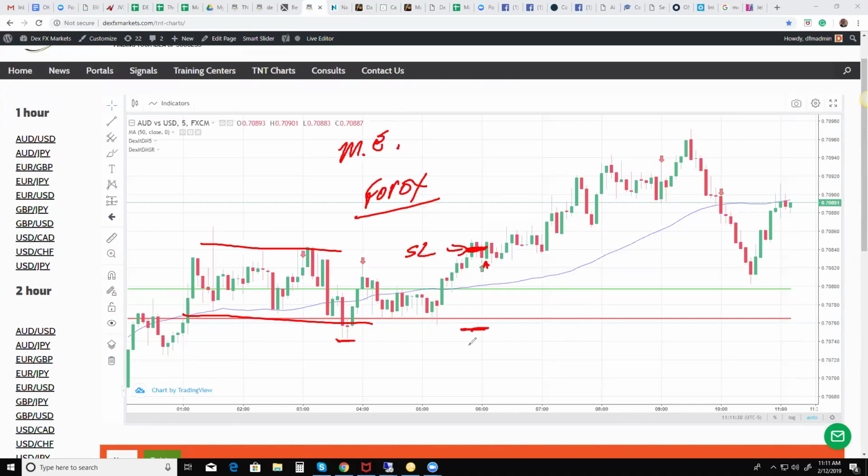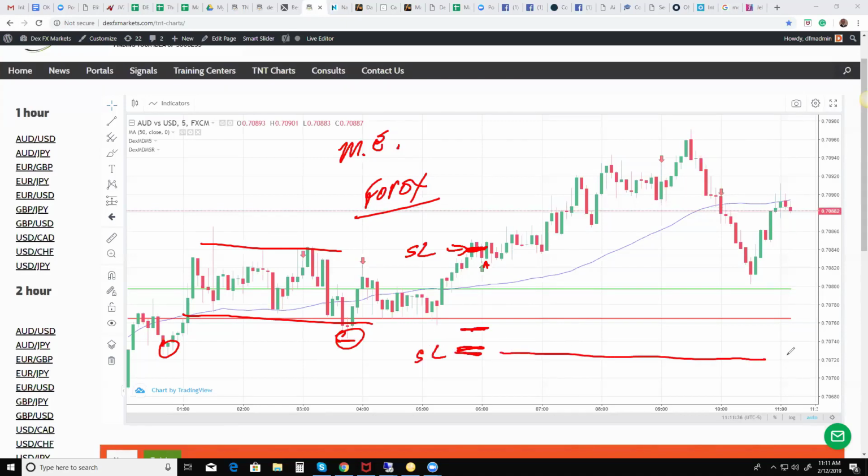You know, see where all these lines are? So right about here, because I know that this is the lowest point, I don't want to go back too far, but this is the lowest point within structure, really strong structure, right? And that's where you're setting your stop loss? Yeah, so I'm setting my stop loss here at this point. So that would be about 70.74, right? So 70.74,